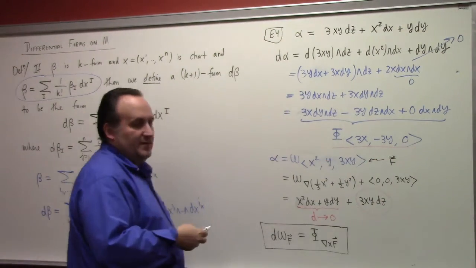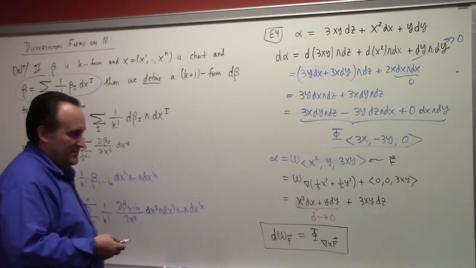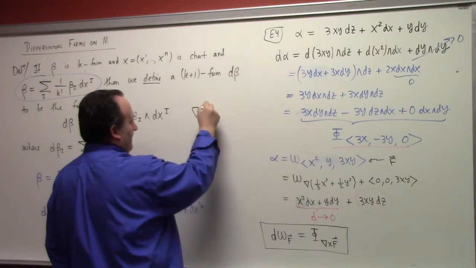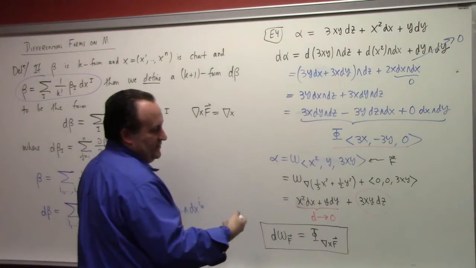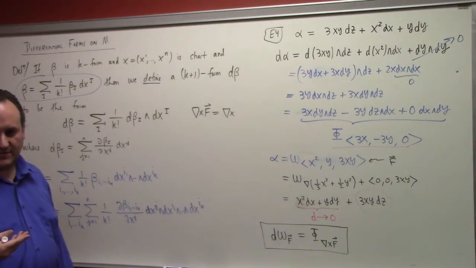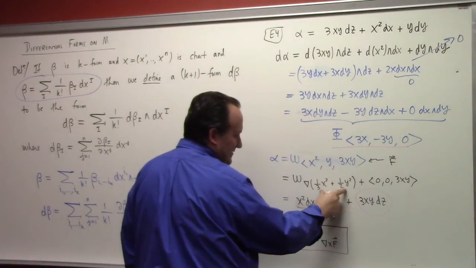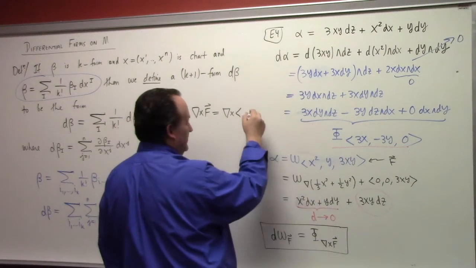When you take the curl of a gradient, what happens? Well, we know that the curl of a gradient is 0 from vector calculus, right? So to double check my claim here, you can ignore these pieces and just look at the curl of 0, 0, 3xy,